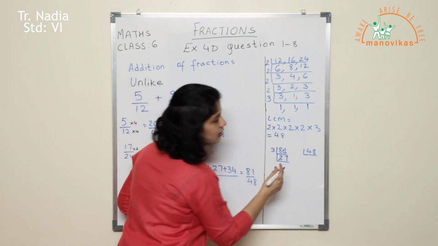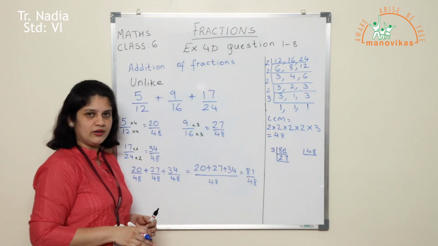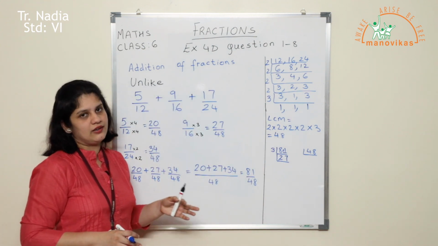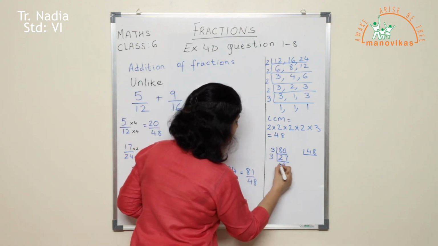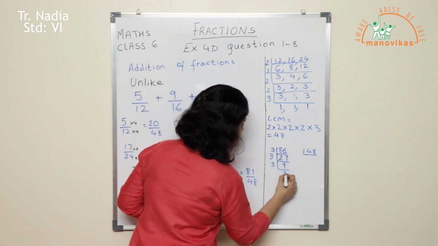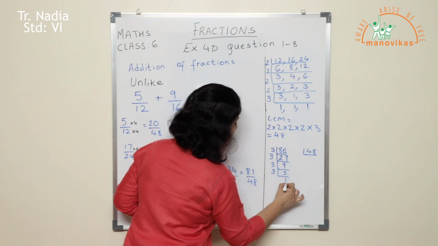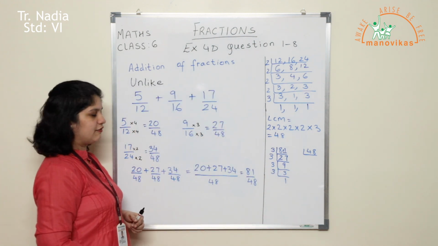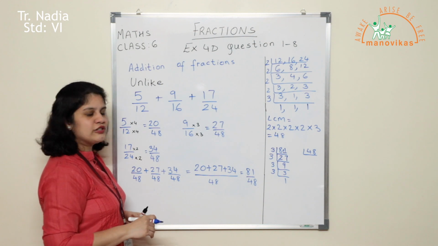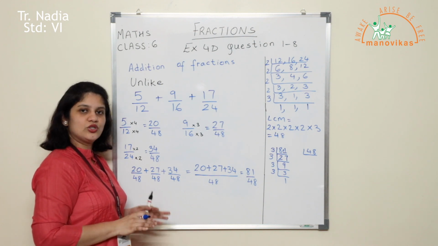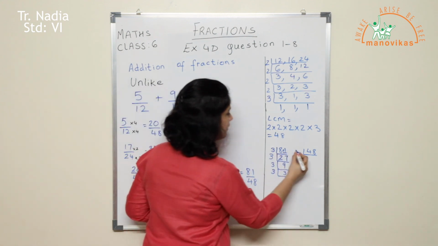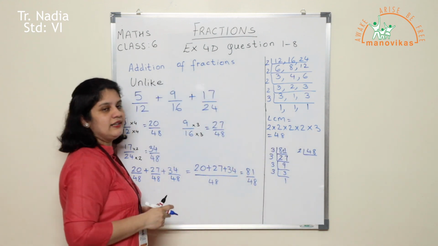27 again is not an even number, it's an odd number. And if you check, it does go in the 3 times table. 3 9s are 27. 3 3s are 9. 3 1s are 3. So 81 is factorized. Let's factorize 48. 48 is an even number. So I'm going to make use of the 2 times table. 48 divided by 2.